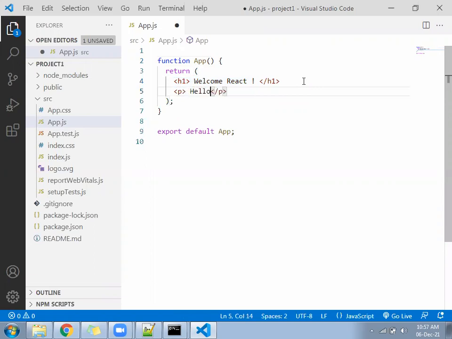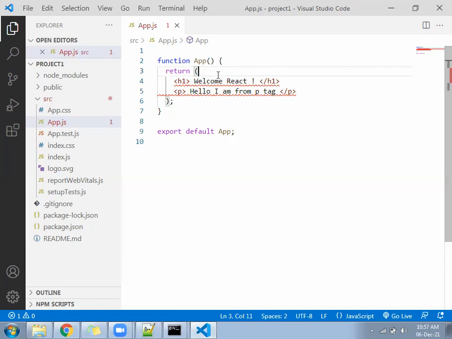Write inside it: Hello, I am from PTag. Save the file. You will see it directly showing the error.